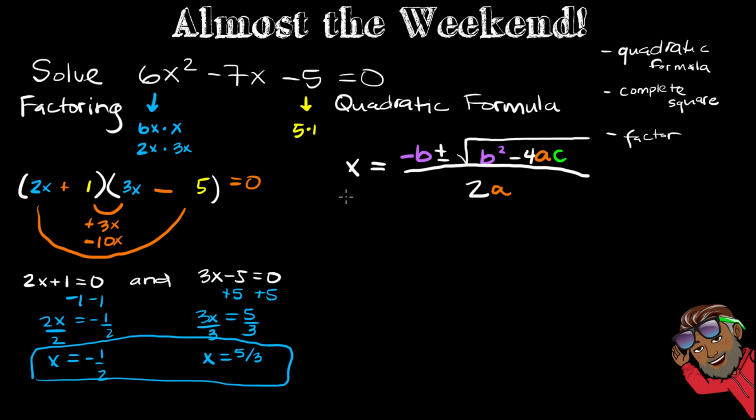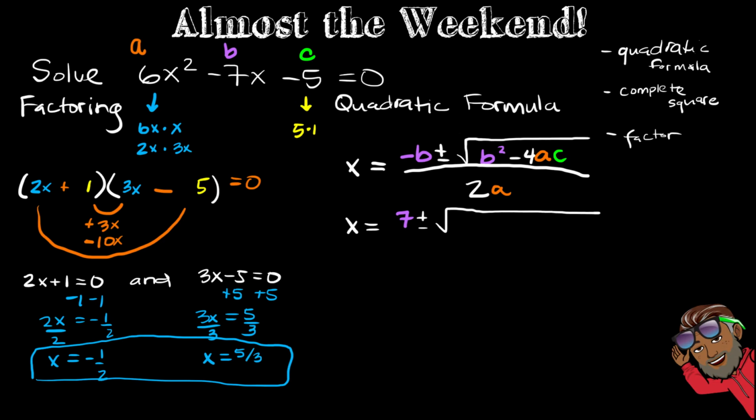And all we're going to do is take this equation and plug in the a, the b, and the c. Now you'll notice for us that a is 6, b is negative 7, and c comes out to negative 5. So we're just going to plug those numbers in. Now this gives us x equals the opposite of b. So instead of writing negative 7, I'm going to write the opposite of that. I'm going to write 7 plus or minus the square root